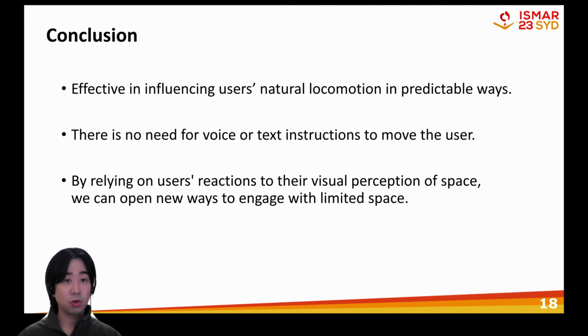Overall, the reality distortion room was successful in inducing users' natural movement in predictable ways. We believe our distortion effect could be used to induce a distance between a physical object and the user when needed. While our work relies on users' understanding of the space through their spatial awareness, our finding is applicable for any future system that could simulate untethered experience with a wide field of view. We are especially excited that our method does not require voice or text instruction to move users and provides a universal experience in AR environment.